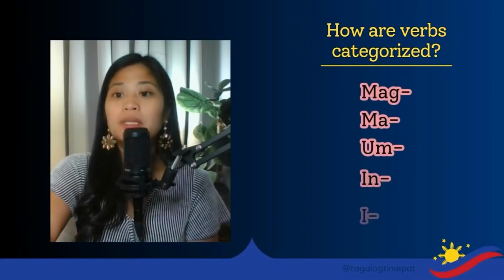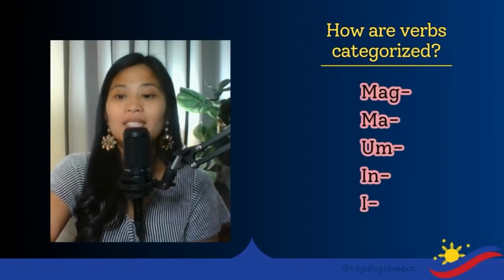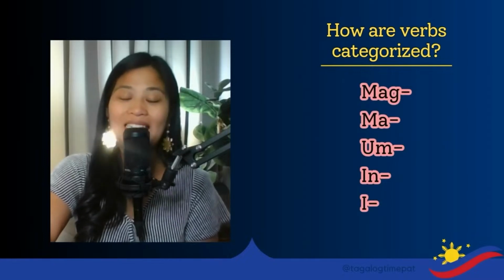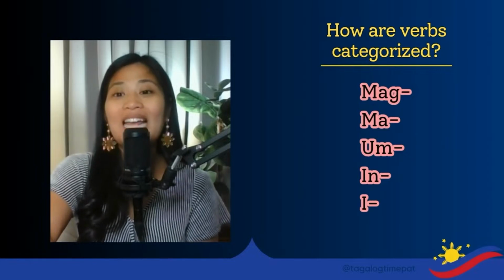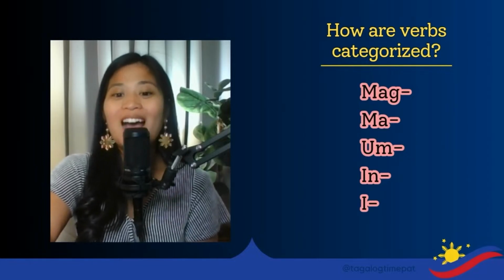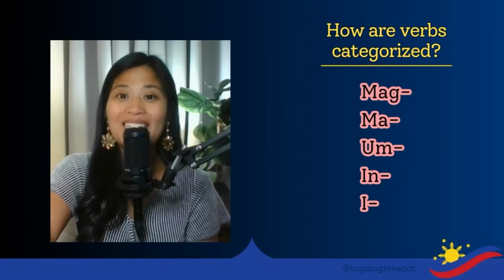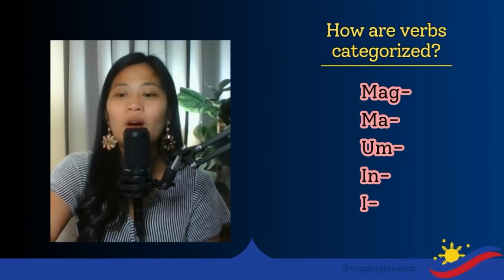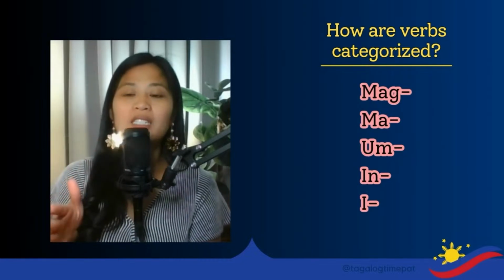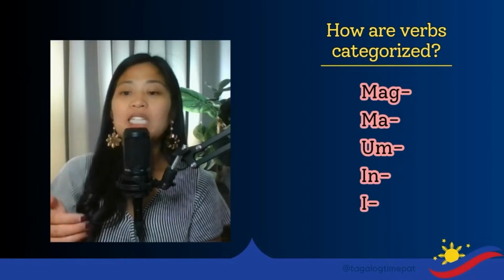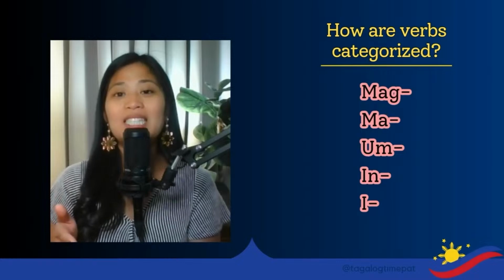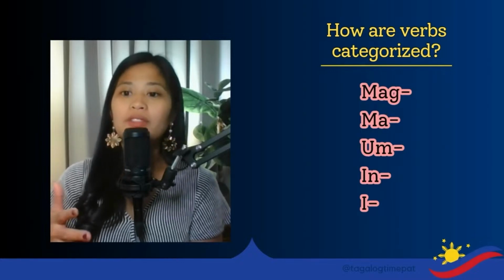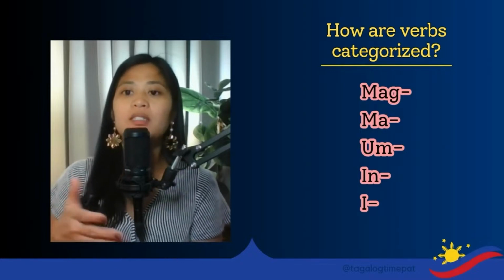Why are some verbs mag, some are ma, some are um, some are in, some are e? I've looked it up, and honestly, I have not found a consistent answer for that question. I think it goes back to baybayin, the ancient Philippine script. Back in the day, all of these verbs were just organized into these categories, and it was passed down throughout the years. And as Tagalog has evolved over time, all of these verbs have just been accepted into these